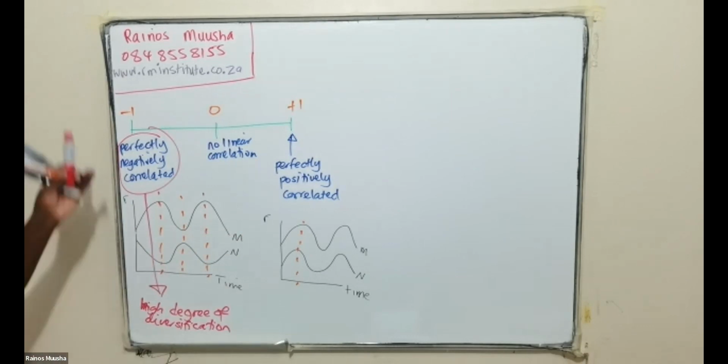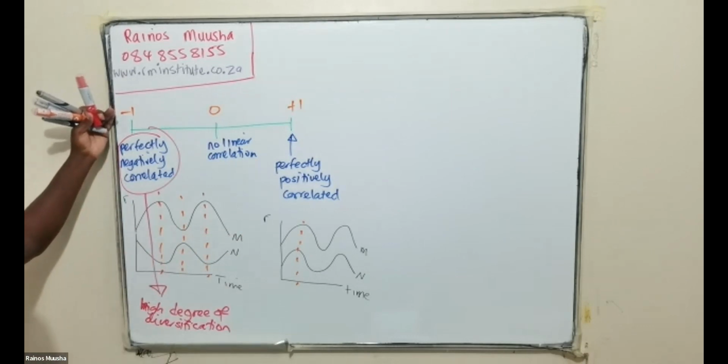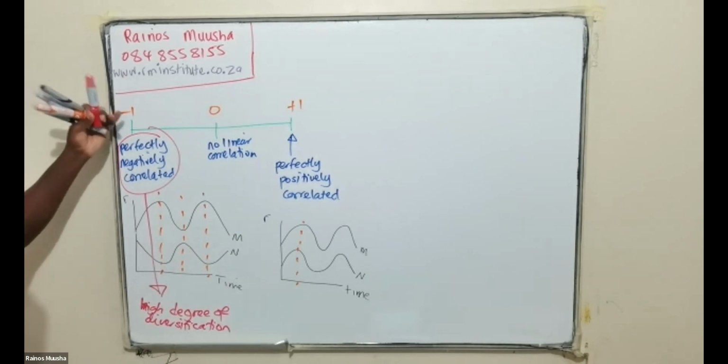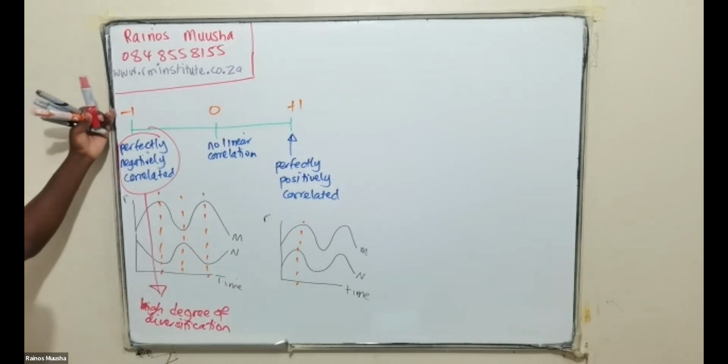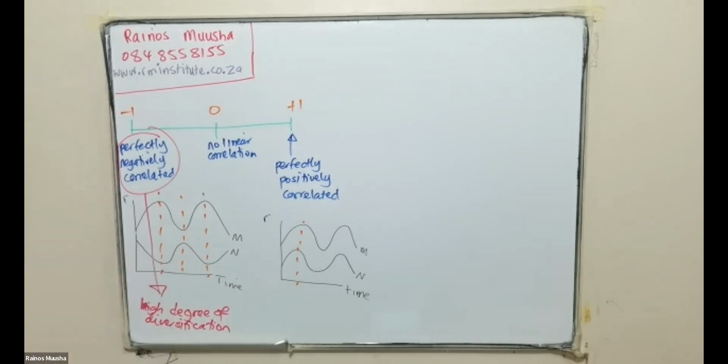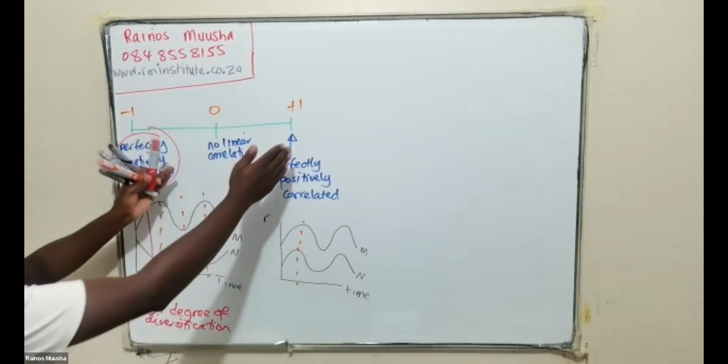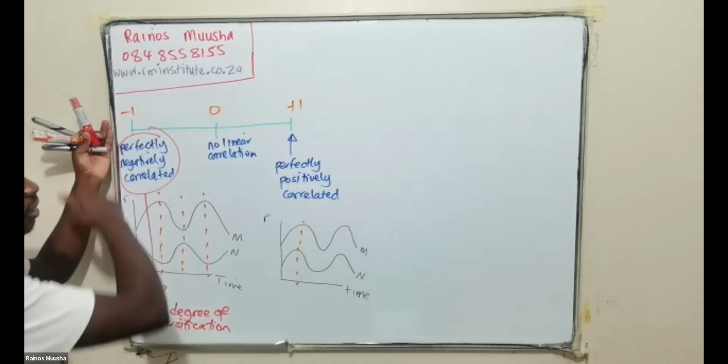So which means when it comes to portfolios as well, we're basically saying that you are going to be seeking to have a portfolio with a correlation coefficient which is closest to what? -1 as much as possible. So the closer the correlation coefficient is to -1, the more